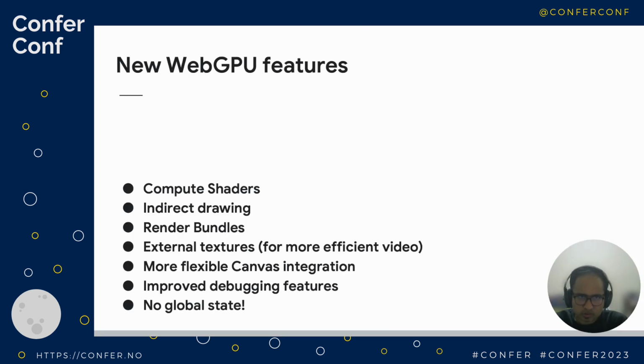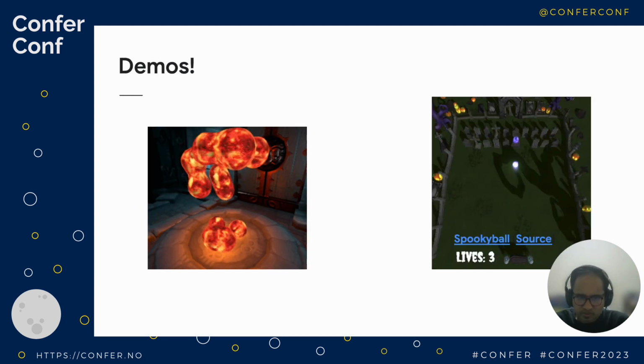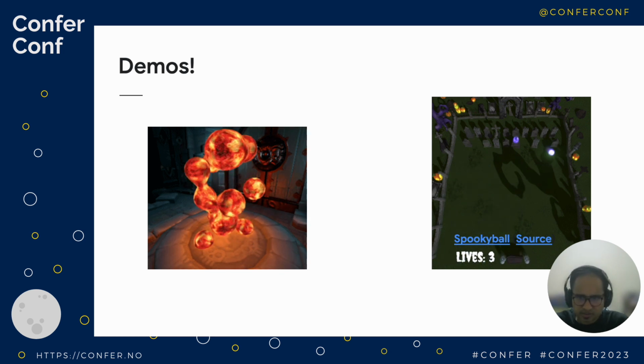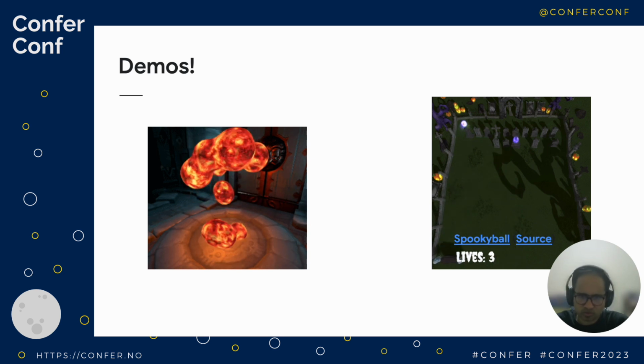What are the new features we're talking about? Well, when I say new features, they are relative to WebGL 2.0. So we have compute shaders, indirect drawing, render bundles, which I am going to talk about a little bit later, external textures, more flexible integrations, and of course improved debugging features, which is hugely beneficial. Some of the demos we have here: on the left, we have the Meet Skyball, which I'll link later so that you can take a look at the demo, its performance and the source code. On the right, you have Spooky